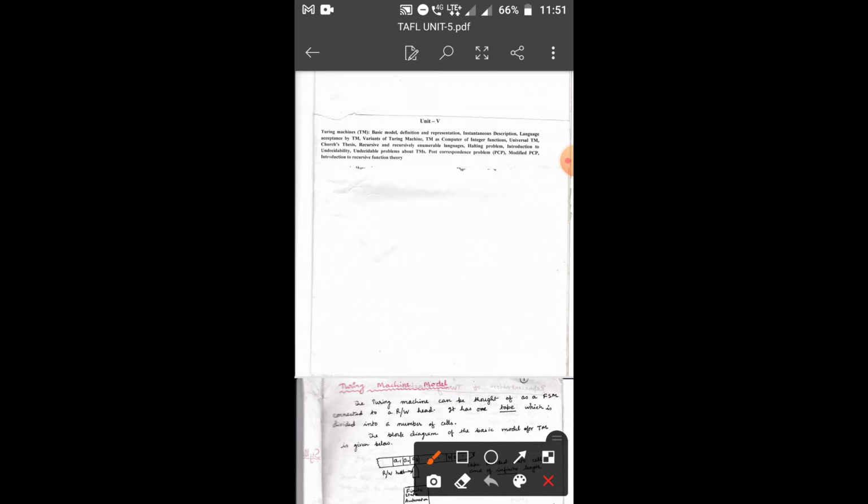Before it, we have studied conversion from NDFA to DFA, and also the NDFA definition, which is also a 5-tuple definition, but the difference is in the transition function: Q cross the set of input alphabet union null maps into 2 to the power Q. What is 2 to the power Q? 2 to the power Q is the power set of Q.